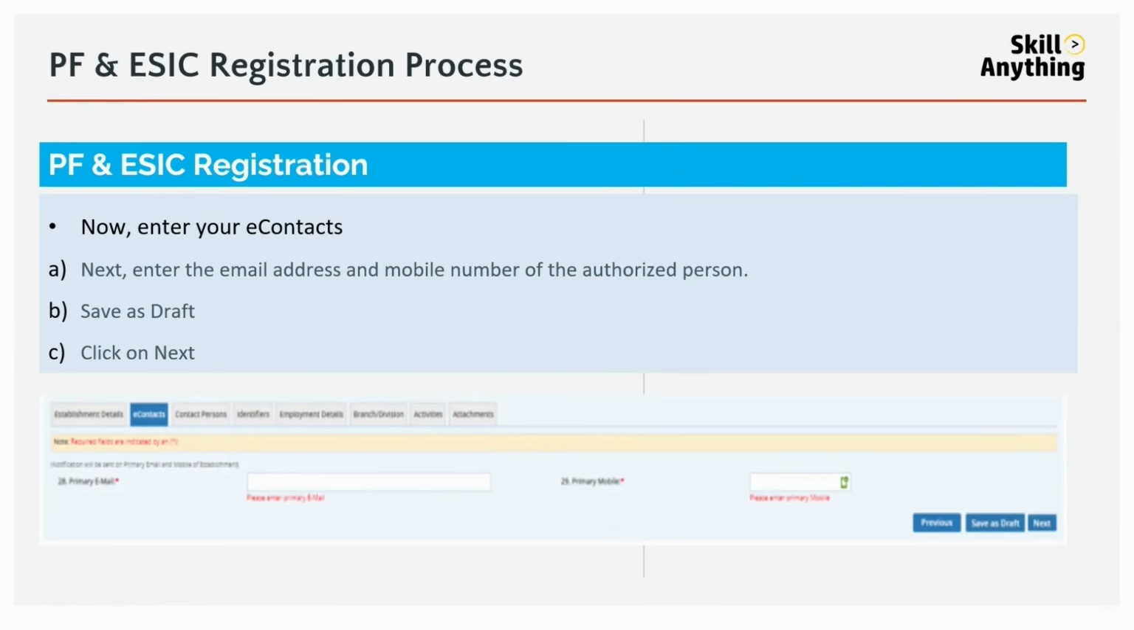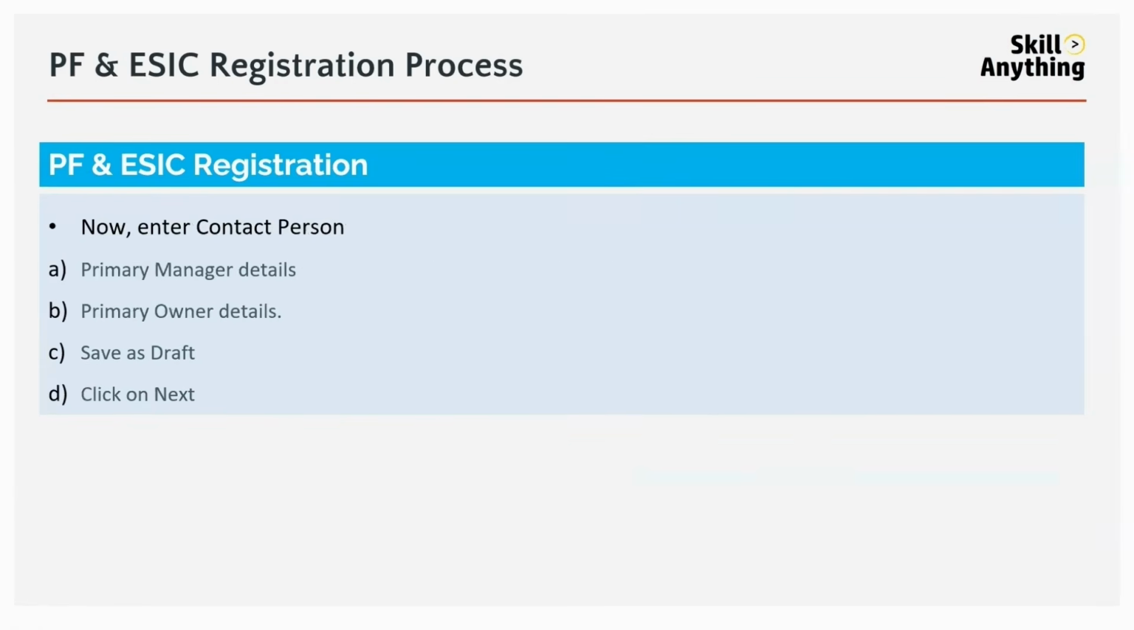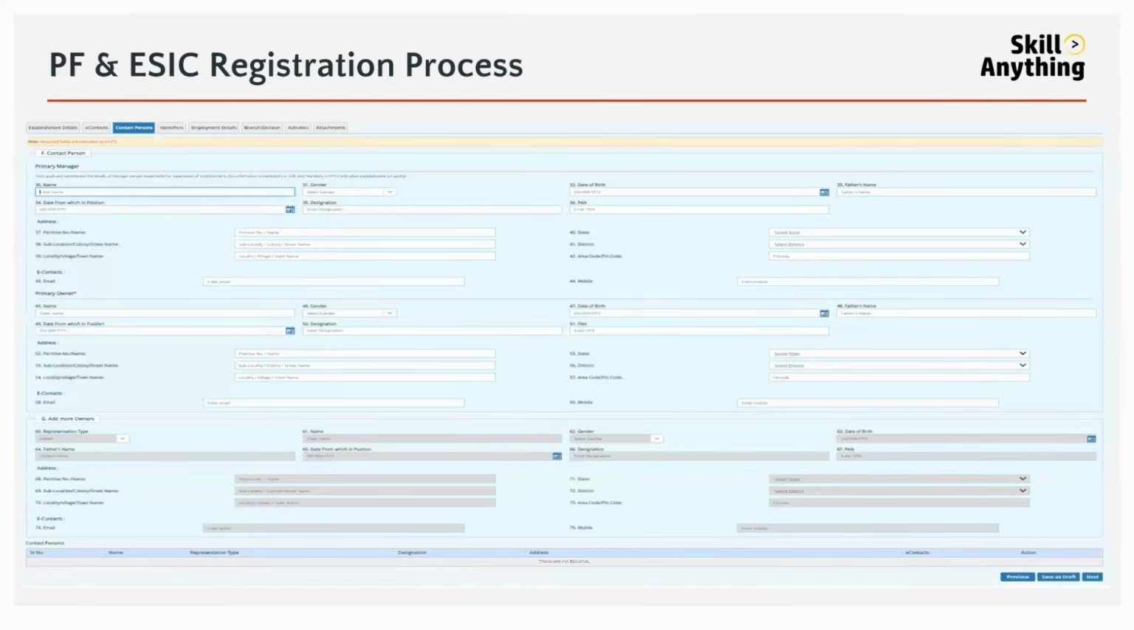After entering the details, you have to click on save as draft and then click next. Then the next slide will be where you enter the contact person detail. In the contact person detail, you have to